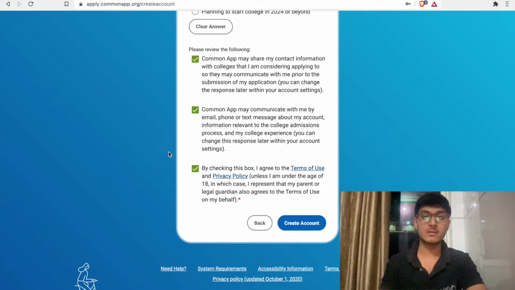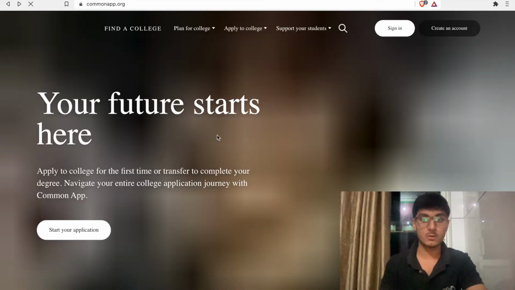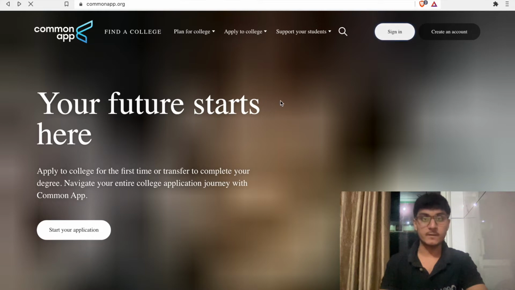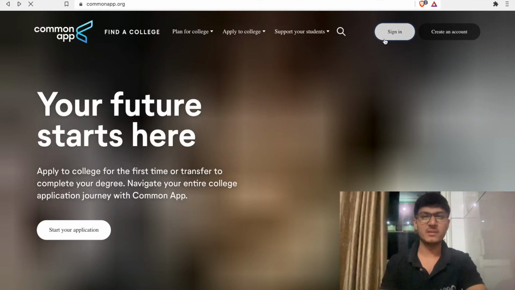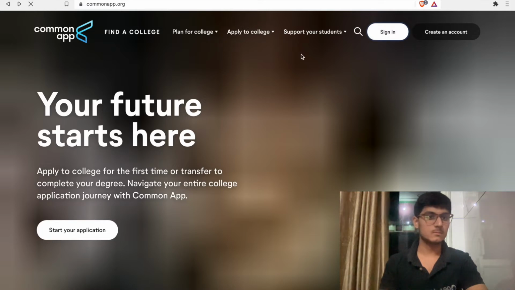So this says that these terms and conditions apply to your parents first of all until you are 18. Then you must sign in. Click this button, and then wait a minute. Let's just reload it.